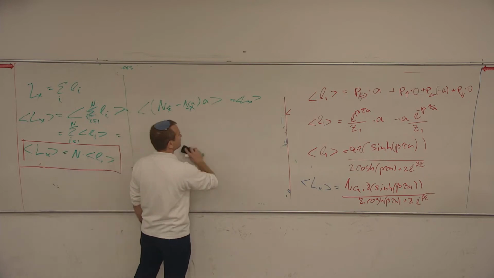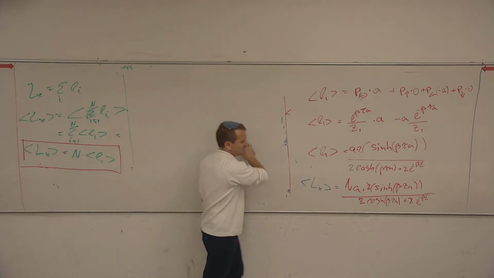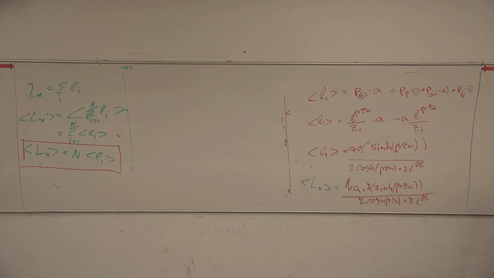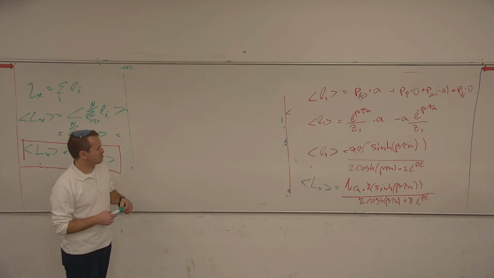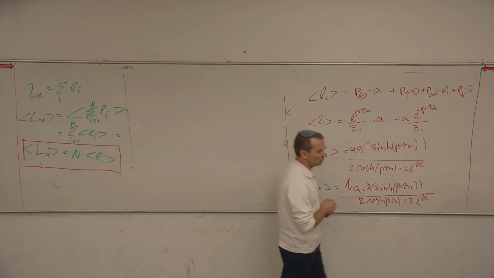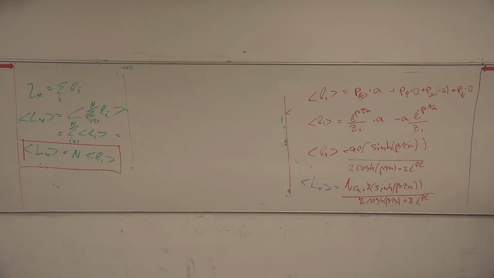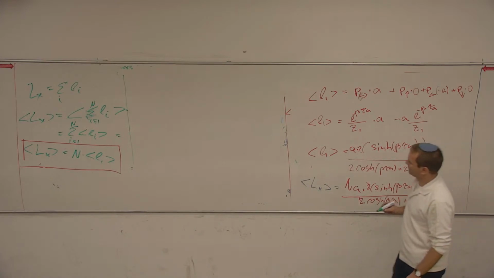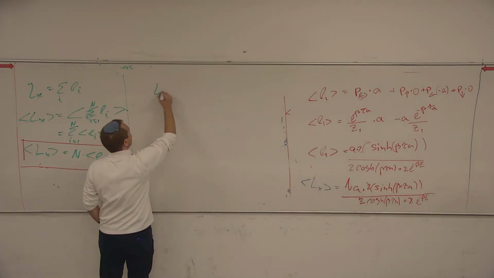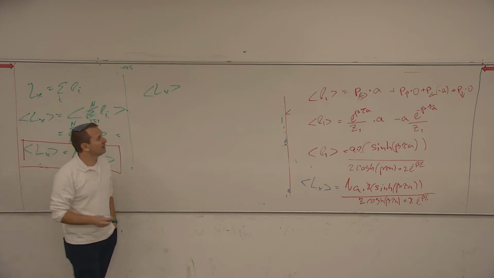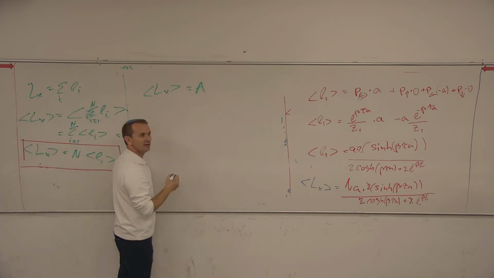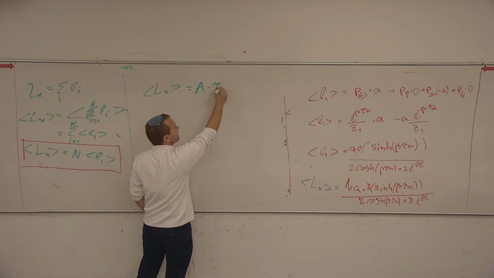So does it look like a spring? You don't think so. Neither do I. Why does it not look like a spring? What's springy about it? How should a spring look? On average it's 0. So if I wanted to see a spring, what behavior should I see? I should see a constant multiplied by tau.